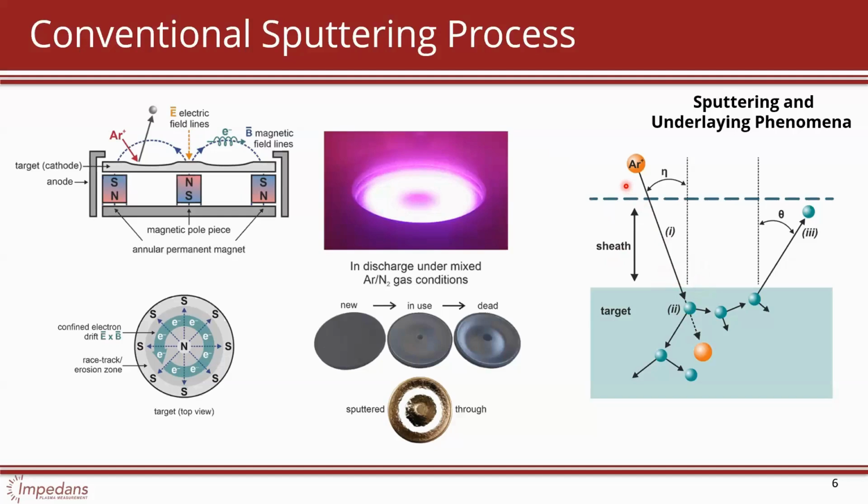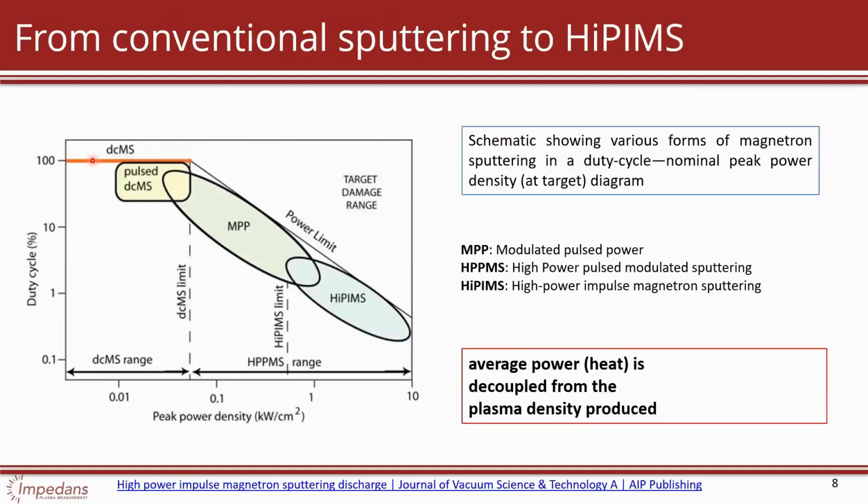So there are different types of sputtering processes, or sputtering tools, we should say. We have what's called DC magnetron sputtering, which is basically where you have pure DC being applied, and then you have pulse DC, and then you get into this region where you're applying higher and higher powers, but you're pulsing at different rates, and eventually you reach HiPIMS, which we'll define in a moment. But you can look at this axis here. It's all about the duty cycle. So with DC, you have 100% duty cycle; it's always on, and then